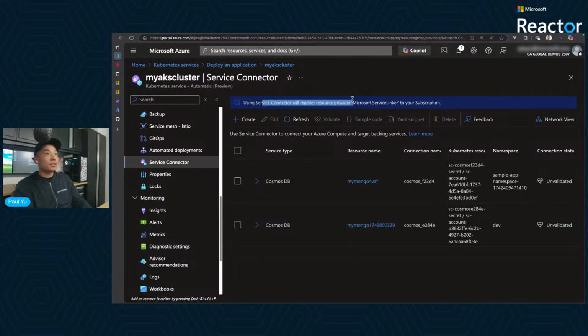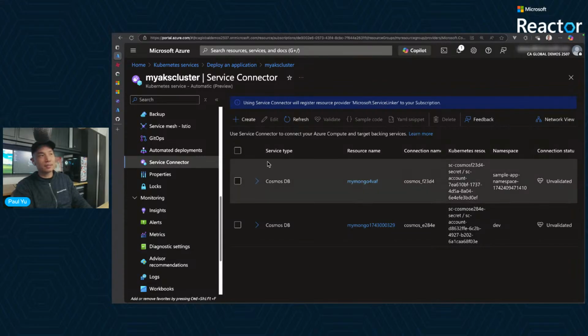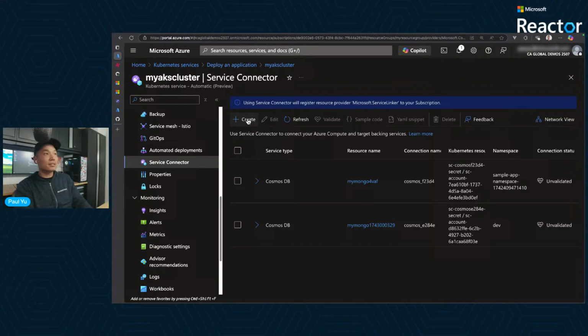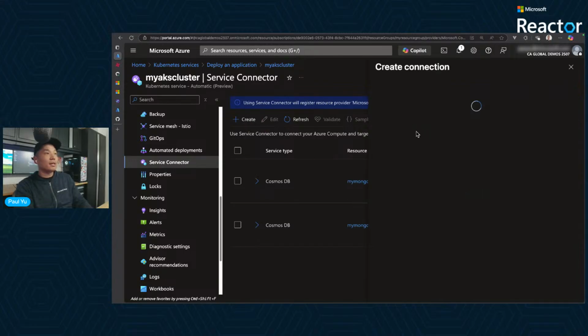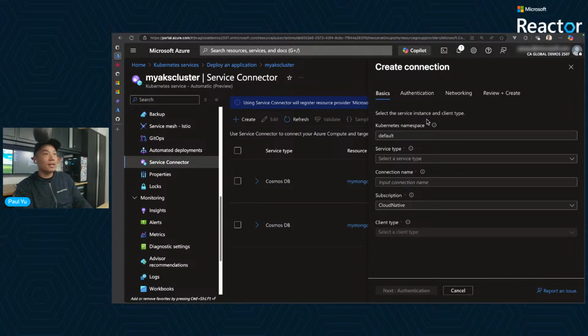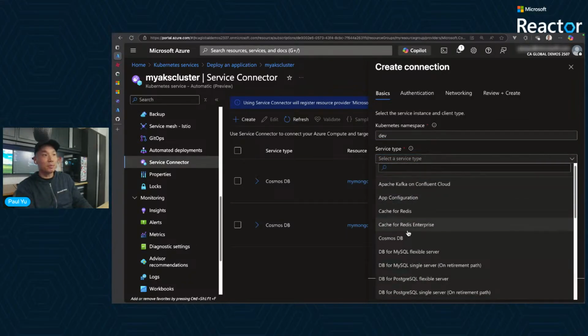So using Service Connector, okay. I don't know why these are set up here, but anyhow, we'll go ahead and create a new one. So I'll go ahead and click this create button for Service Connector. I'll hit create, and you want to make sure that you deploy your Service Connector for the namespace that your application is deployed into. Okay, so dev is the namespace,